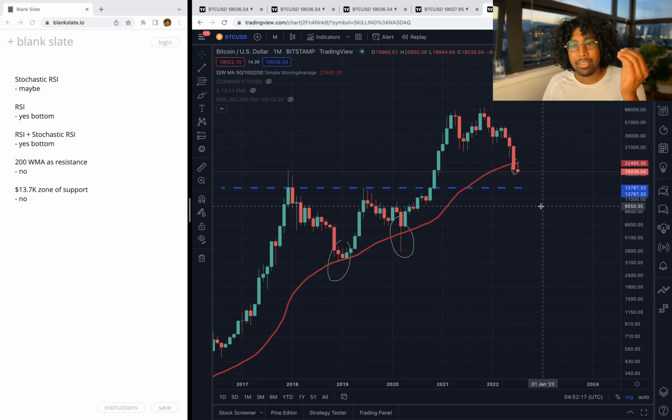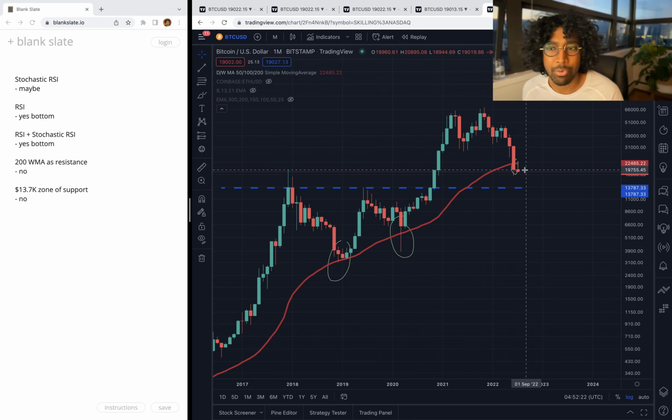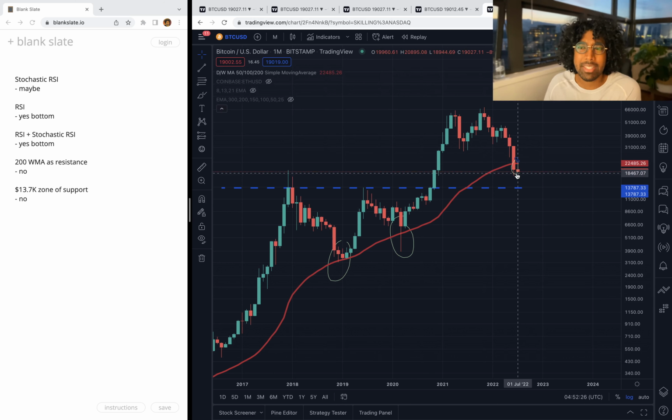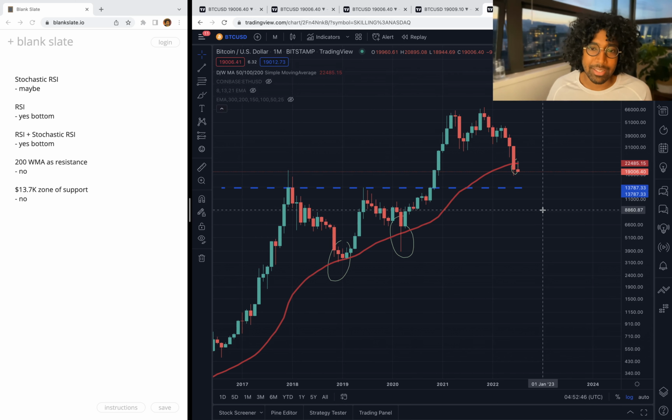Entirely possible. It's this data that's making me dollar cost average a little bit more. I think my first DCA was at 21 something, and then my second DCA was yesterday at 19. Now I'll be happy to pick up again at 17, and if we come back to 17, I'll definitely buy a little bit more, and then if we get down to 13, I'll buy a few more, and then if we get down to 9, I'll go YOLO and just drop the entire bag in. But these are my current thoughts, and this is what had me purchase today.